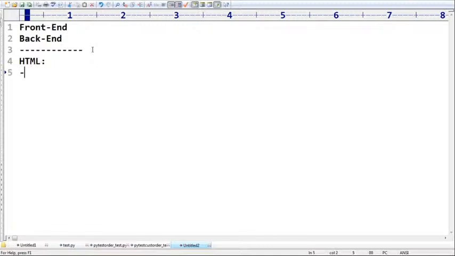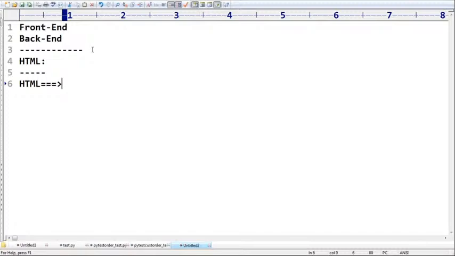Just hardly 3 or 4 sessions, we will complete this HTML. Don't worry about that, I won't take much time. So now, what is HTML? Hypertext markup language. This is the very basic building block to develop any web application. HTML must be required. And after that, for HTML, if you want to add the styles, then automatically we